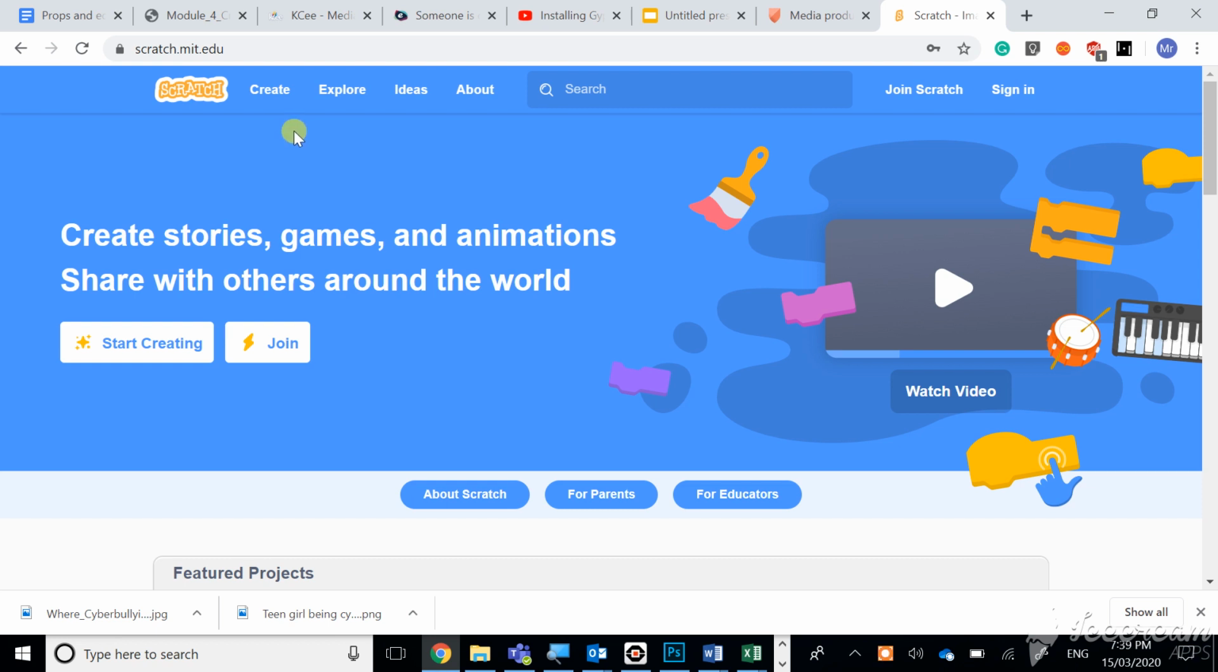Everyone, we're going to be making a high-low guessing game in Scratch. And the first thing you're going to need to do is make an account if you haven't done so already. So if you have, you can skip past this point. But if not, you're going to need to go to